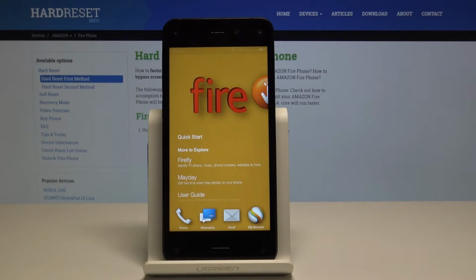Welcome. In front of me is an Amazon Fire phone, and today I will show you how to change date and time settings. So starting off, we'll need to open up the settings app, and to do it you have